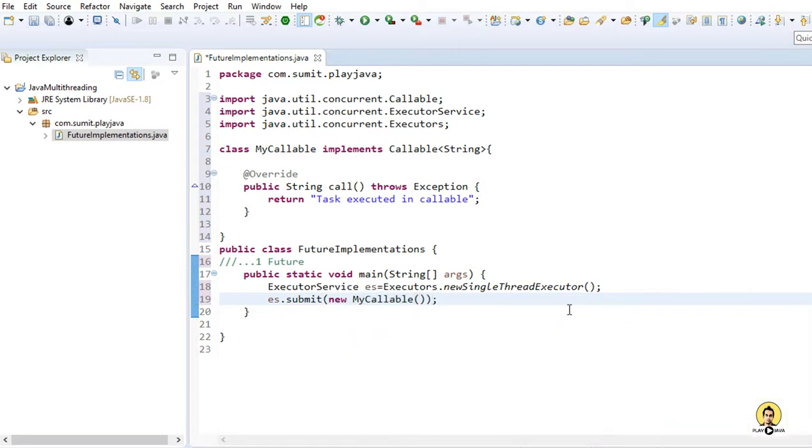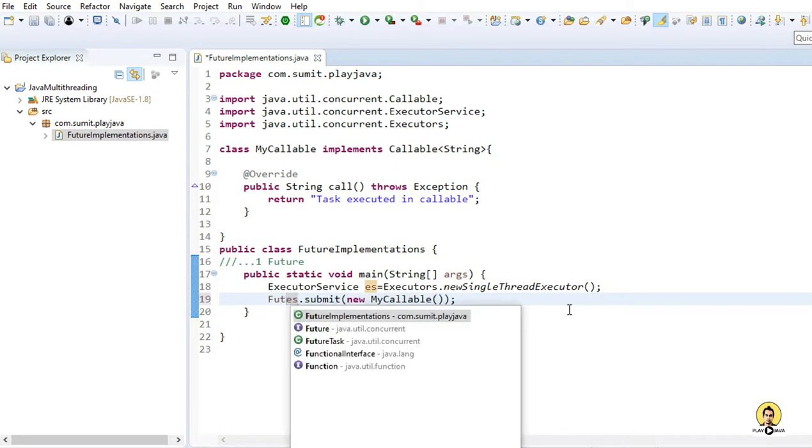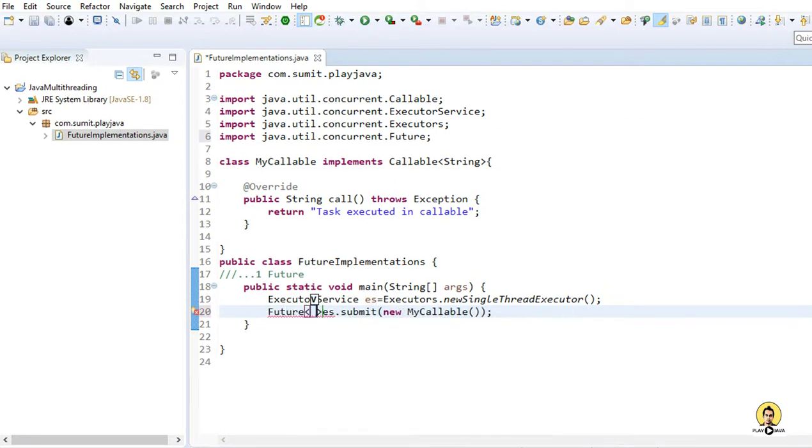Whatever is executed through MyCallable needs to be stored somewhere. For that we require a Future object. So we pass what is returned by the call method of the Callable interface, through submit, into this Future. I have named it futureObject.